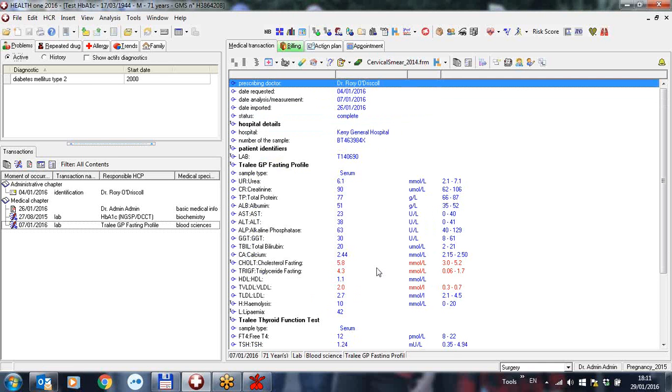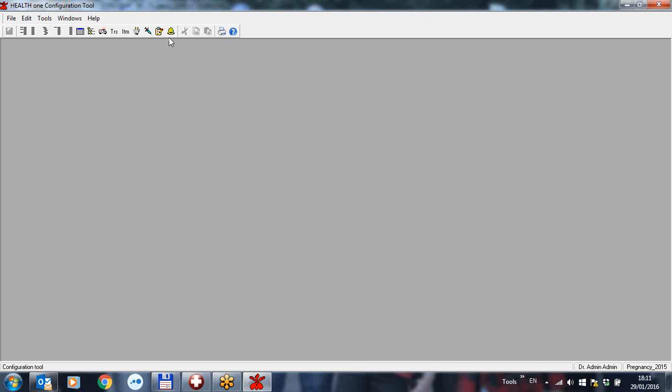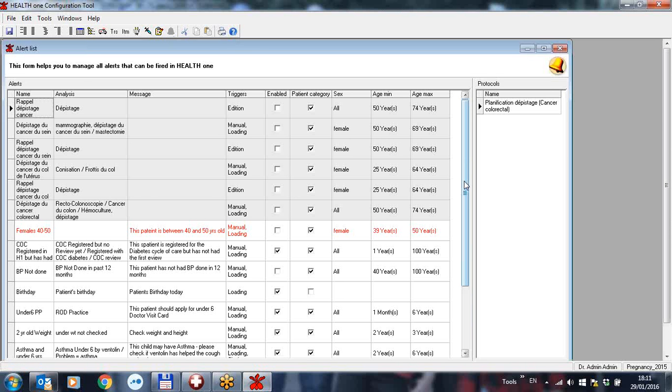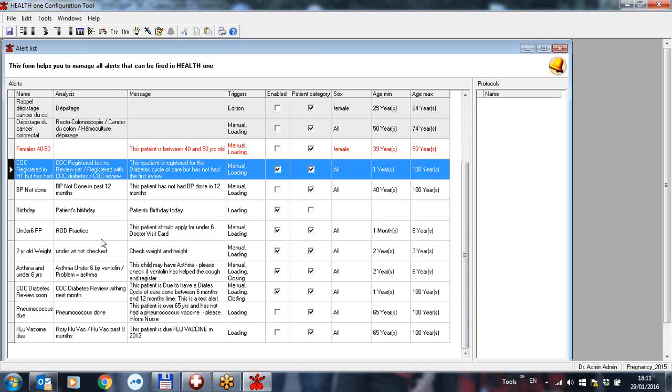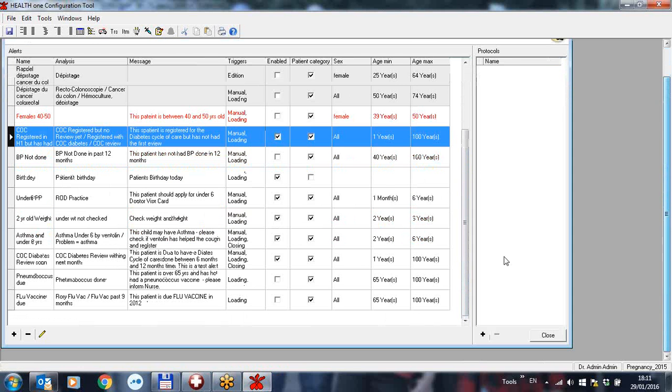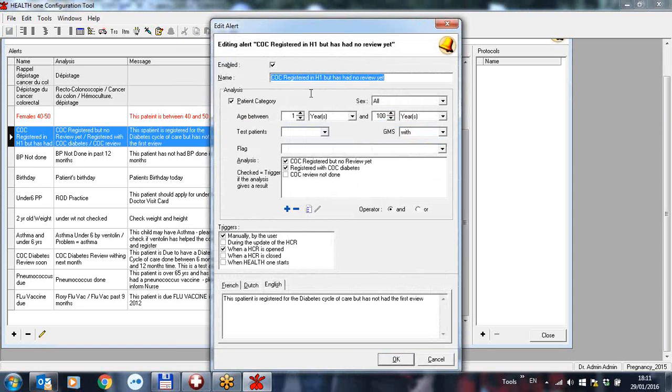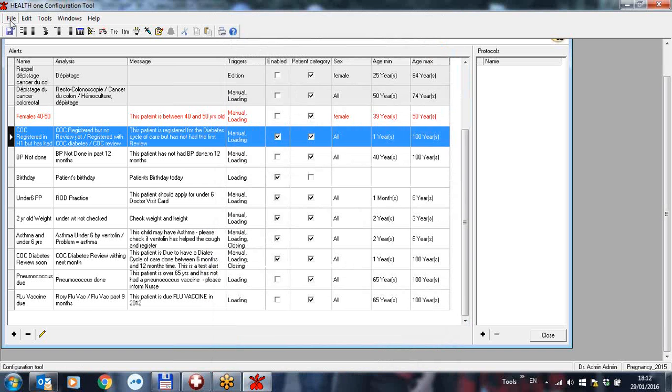Close that, go back to the configuration tool, click on the alerts, go down to the one I want, which is cycle of care, go down to the end of the screen and click on the pencil which edits that, and I will simply say cycle of care registered in Health One but has had no review yet. This patient is registered for diabetes cycle of care but has not had the first review. Click OK, click Save,